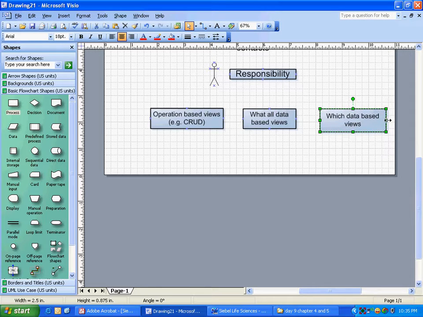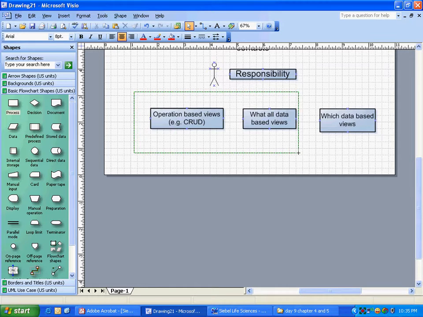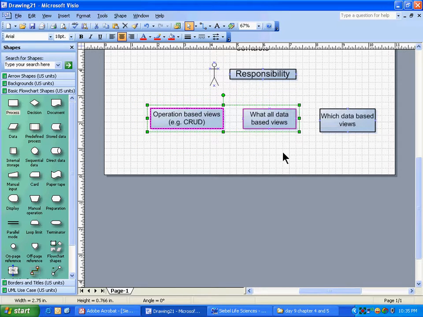Some of the views are important because they have different data rows. Responsibility will define what all you see out of all these. Access to all this does not involve position. Access to this thing also involves position, but access to all these three definitely involves responsibility.